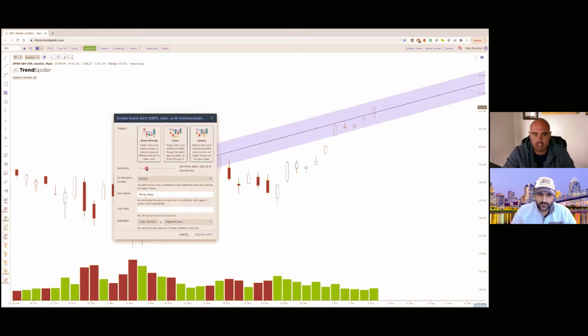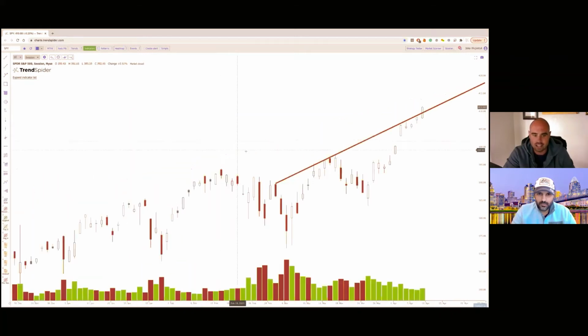And you'll see that I can increase the zone around this trend line. I don't have to be right on the money. I can be within, you know, a couple dollars or 50 cents of this line. You'll see here the alert fires within, in this case, 50 cents of the selected line. So you can add some margin of error around that line, so you're not having to be right on the money here. There's a lot of times where the price won't, you know, get exactly to a trend line,